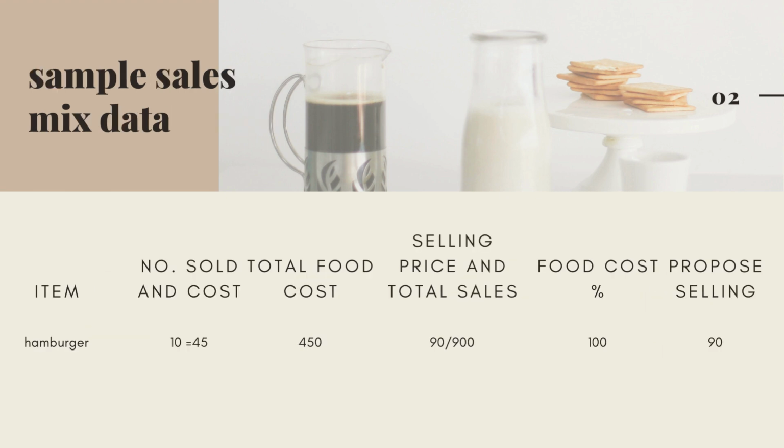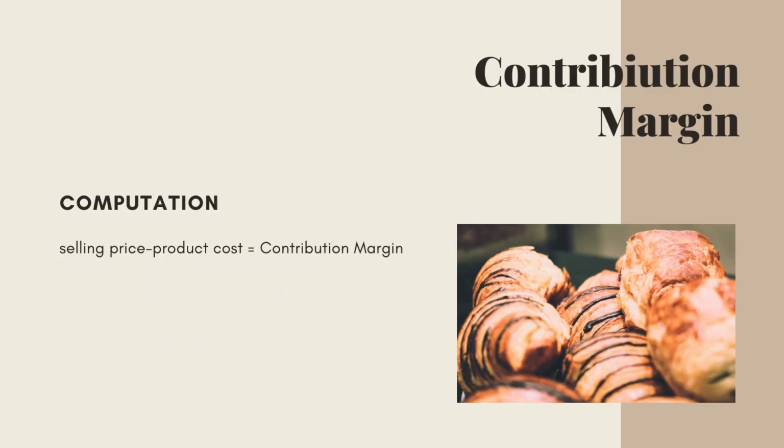So if you have the hamburger and the number sold and cost, for example, you have 10 items sold and 10 times 45, which is the normal food cost, then you're going to have 450. But if your selling price is 90, the sales would be 900, so 450 over 900 is 50%, if you propose to sell it at 90 pesos. Okay, so the computation for the contribution margin: you have the selling price and then you have your product cost. For example, 90 minus 45 pesos, if the product cost is 45,